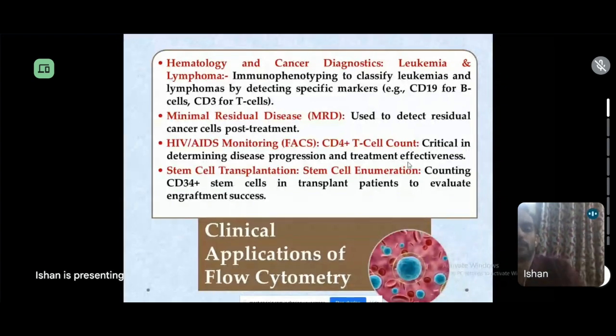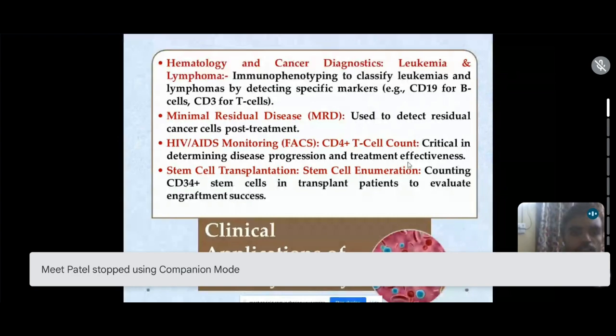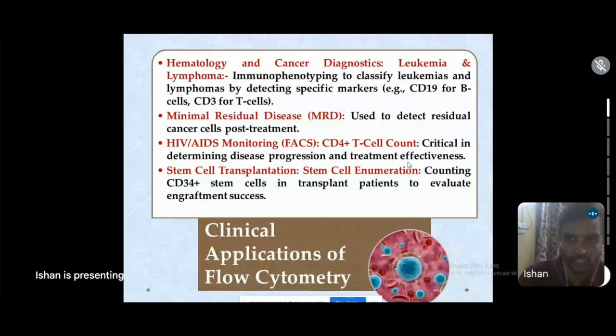So these immunophenotyping tests will differentiate whether it is CD3 for T cell or CD19 for B cell, and that will initially differentiate whether it is a leukemia or a lymphoma. So then, coming out from a mixed population, if we talk about minimal residual disease, as I was